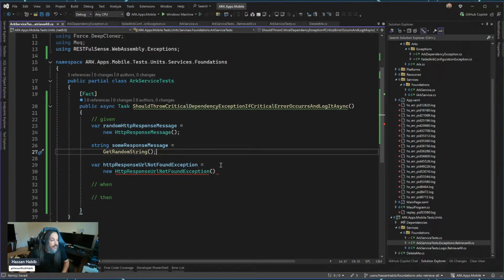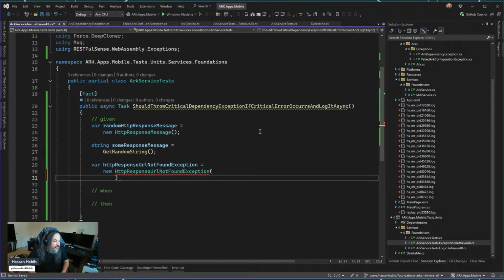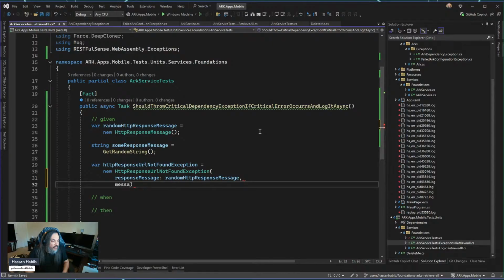And let's create this. So Control Shift Space will show you the parameters that you want to put in. So I have my random HTTP response message,